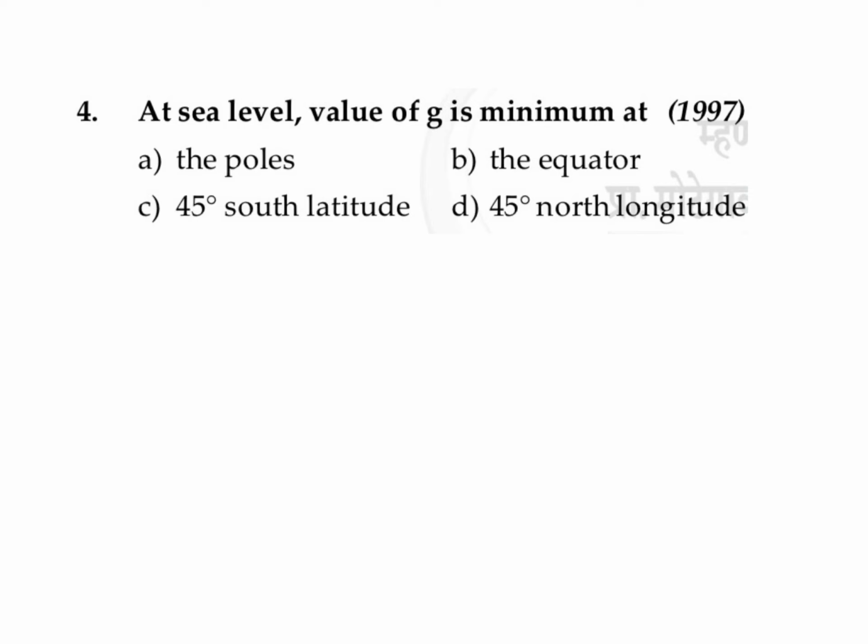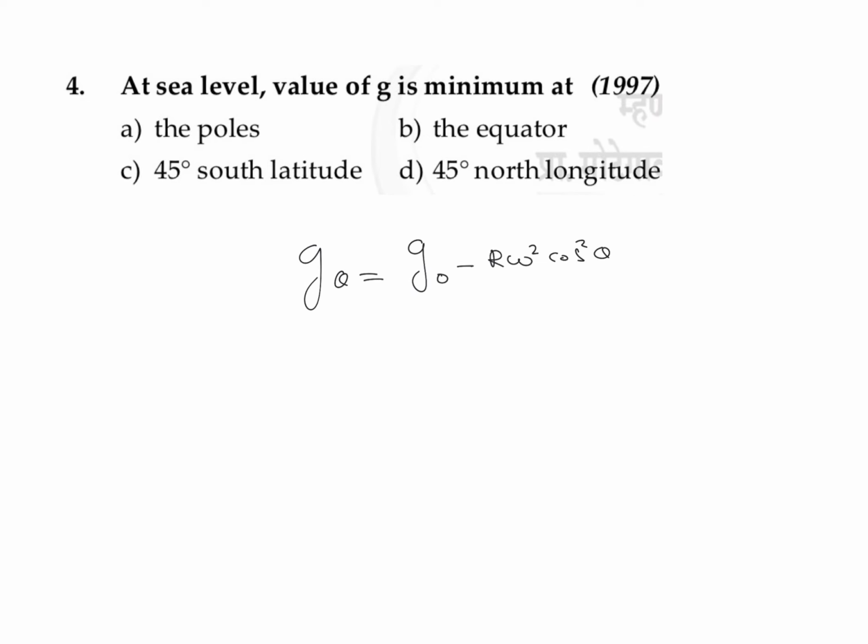At sea level, the value of g is minimum at... we know that the value of acceleration due to gravity may change with respect to the latitude. So we know the equation: g at an angle theta is equal to g naught minus r omega square into cos square theta. Now if you are considering the equatorial position, over here this theta is measured from